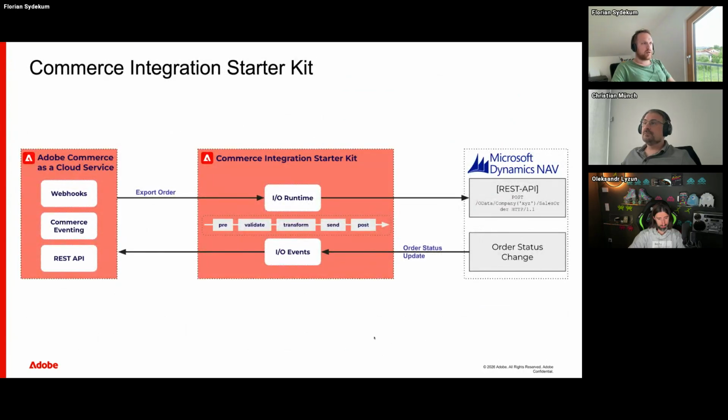Another thing when speaking of integrations is, of course, the Commerce Integration Starter Kit, which is part of every App Builder integration. I mean, you do not have to use it, but I highly recommend that you use it. Adobe has released two of them. One is the Commerce Integration Starter Kit, which is perfect for integrating any backend system like an ERP system. And then there's the Checkout Integration Starter Kit, where you can extend the checkout in the commerce system with any PSP or tax service or shipment service and so on.